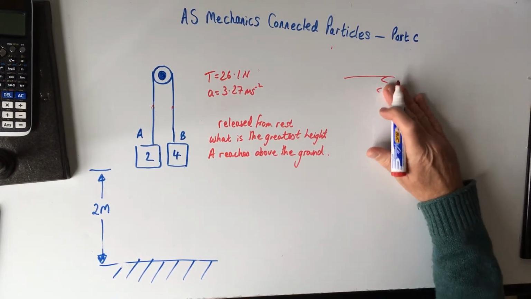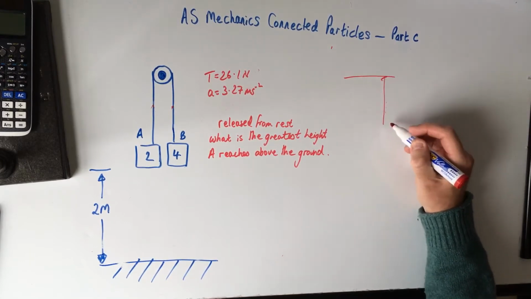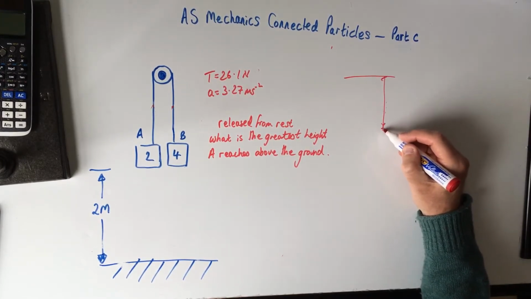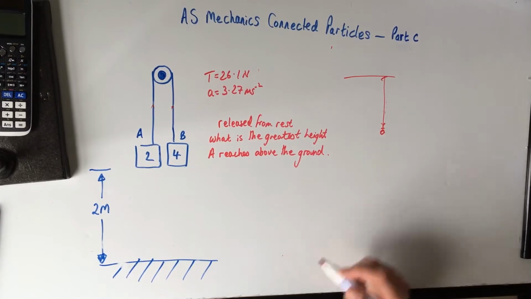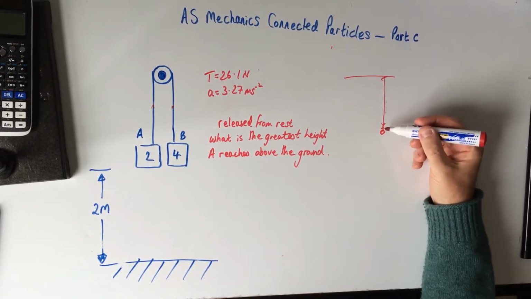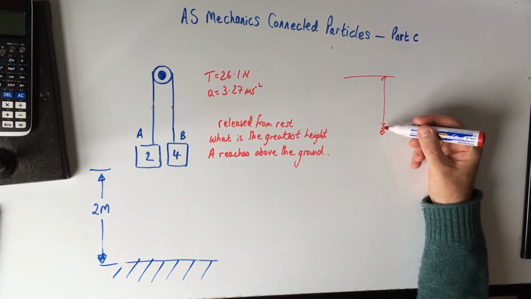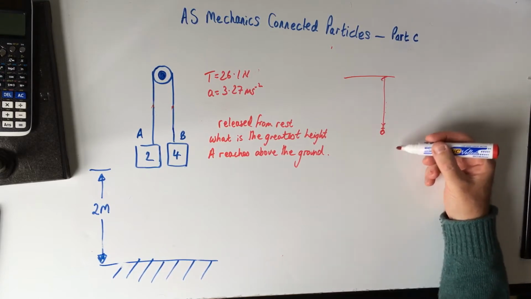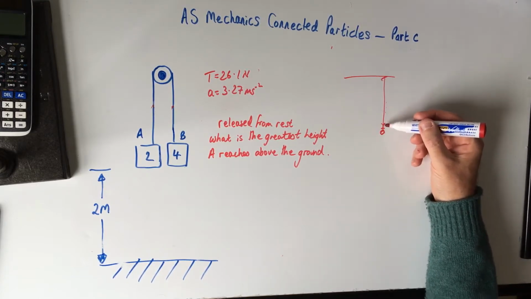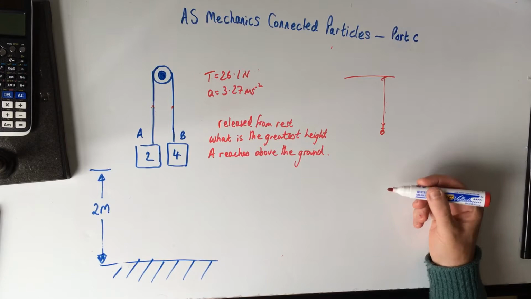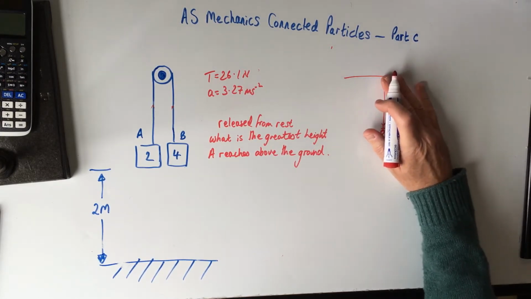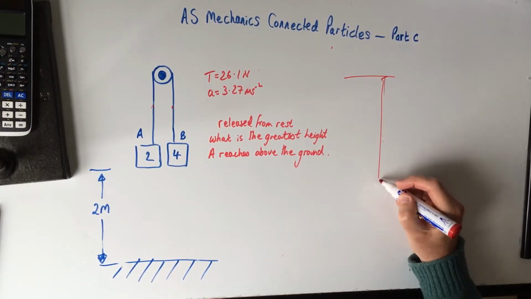And eventually they reach the point where the bungee becomes taut, becomes tight. Because they've built up an acceleration and a speed, they keep going down, and they stretch that bungee,